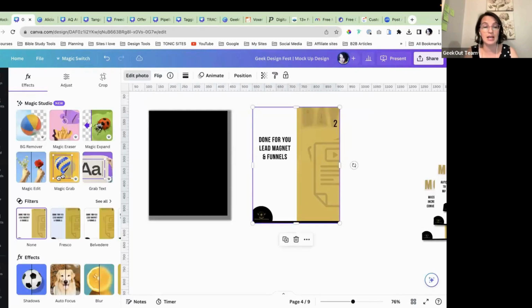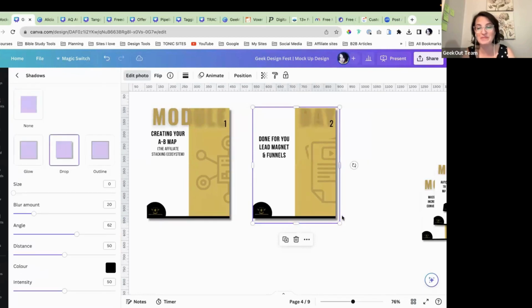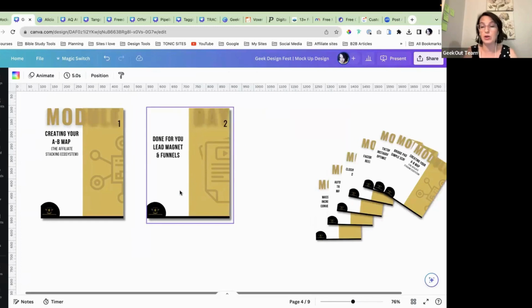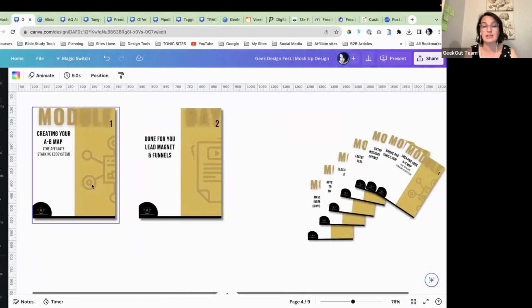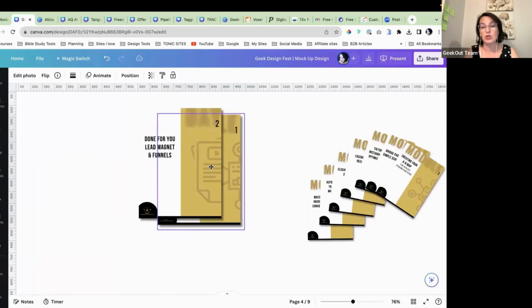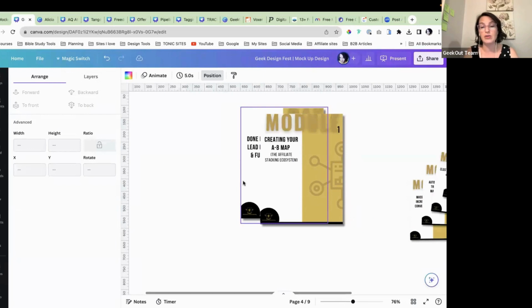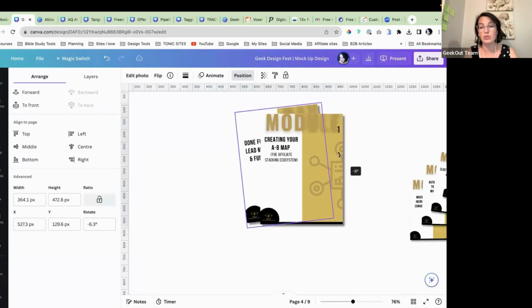And sometimes Canva gets glitchy and it does that, so just try and go on. One thing I have found when using shadows is just wait for Canva to save the changes until you see the little tick in the cloud here at the top. That way, you know, sometimes when you move it around, it does act kind of weird. And then you can actually just start overlaying your images over each other,